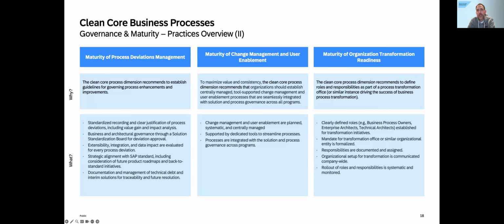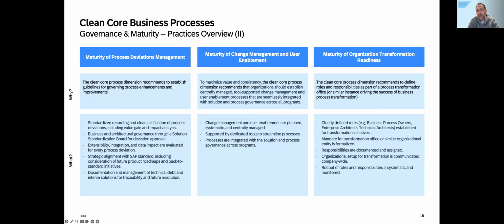So in our point of view, that is important if you want to stay clean, because at the end of the day you will need to make decisions not to make every enhancement, and that, amongst other things, will require change management and user enablement, so that you move away from a lot of enhancements to fewer enhancements to fulfill such a journey.